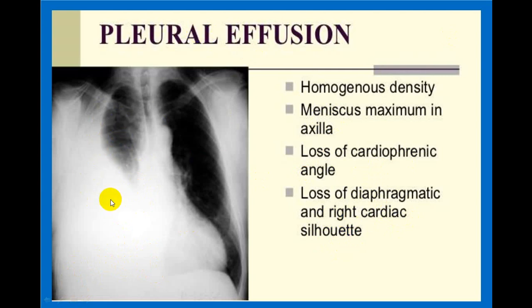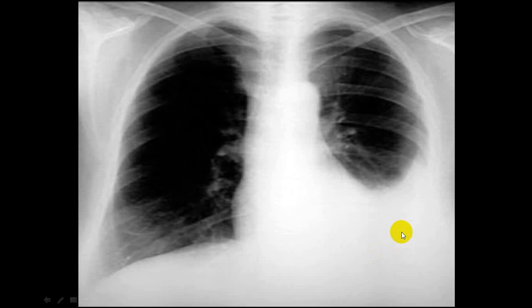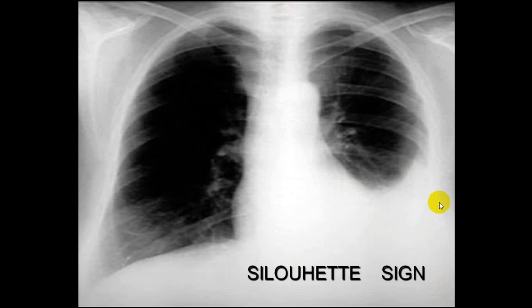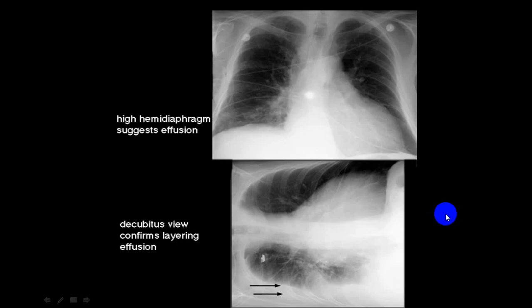So this is an adequate quantity; we call it massive pleural effusion. See, this is a mild one. There is no shift of the trachea, but the left border I cannot make out. The diaphragm I cannot make out. The costophrenic angle and cardiophrenic angle I cannot make out, and the border also I cannot make out. So this is a Silhouette sign. Left side pleural effusion, but it is not massive enough to push the mediastinum.